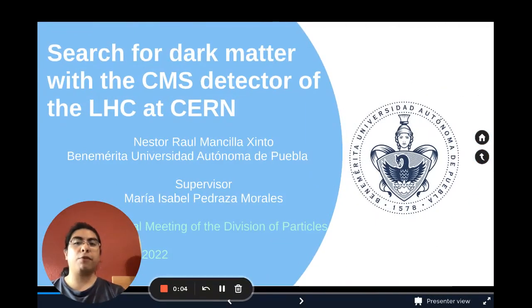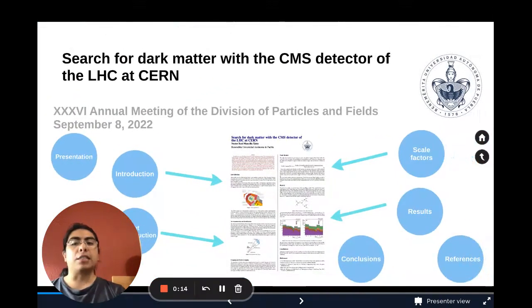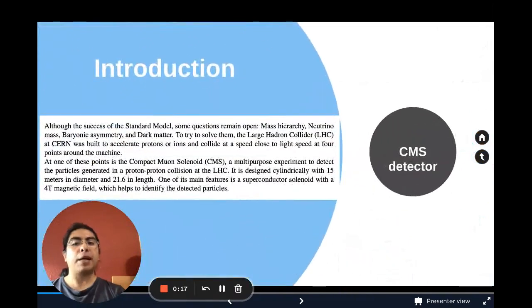I'm a master's student from the Benemérita Universidad Autónoma de Puebla, and I'm going to talk about the measurement of efficiency scale factors applied to a simplified dark matter model. As an introduction, despite the success of the standard model, some questions remain open, like neutrino mass, baryonic asymmetry, and dark matter. To try to solve them,